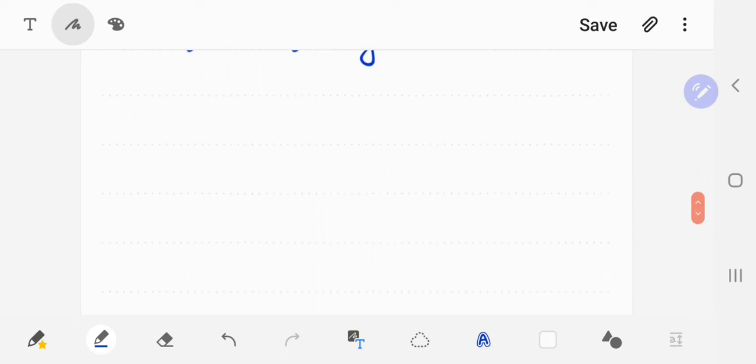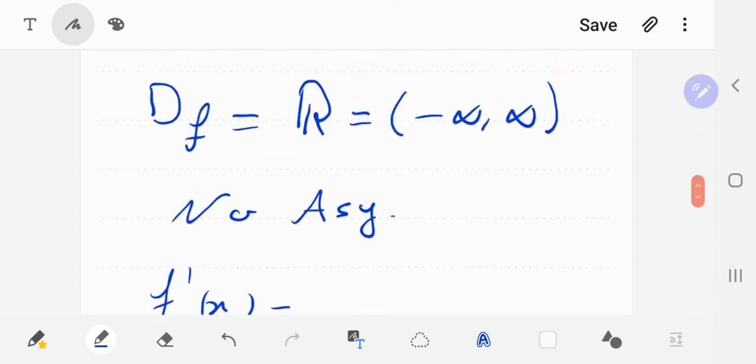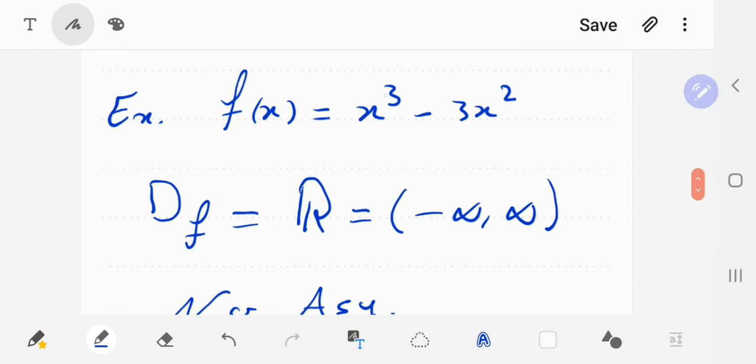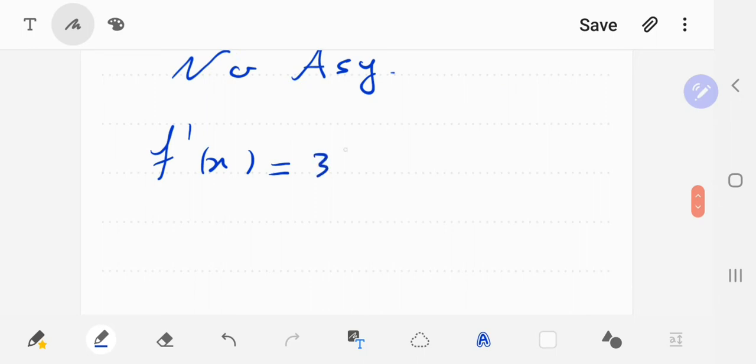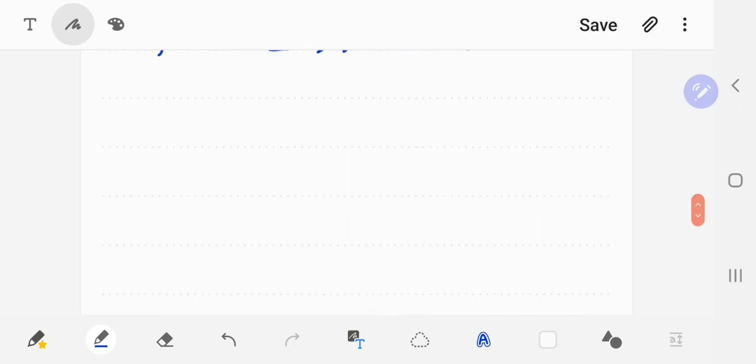which means we'll jump immediately to the first derivative test. And we follow the steps. F prime of x will be equal to, by the power rule, addition, subtraction, 3x squared minus 6x. This is the derivative. Now for the critical values,